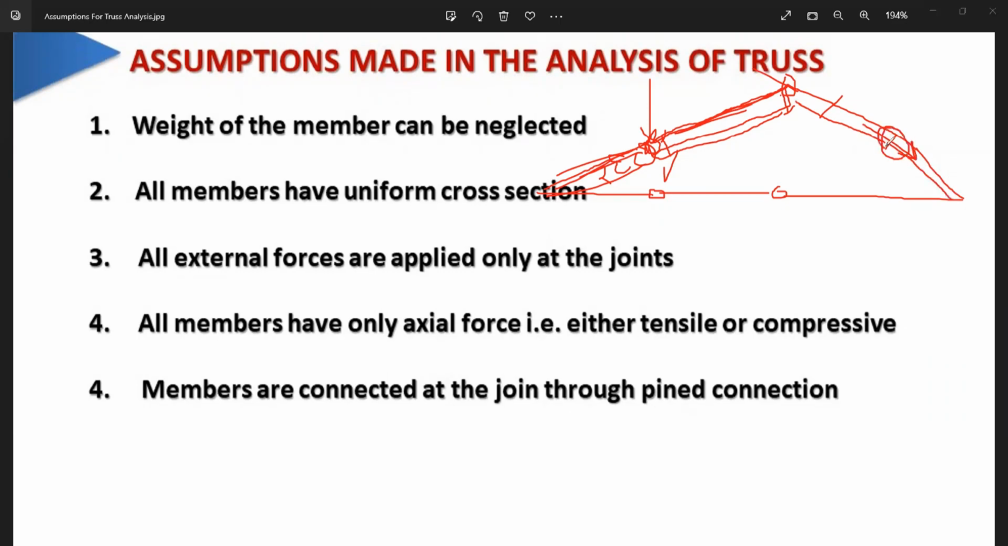So this connection is pinned. This connection is hinged. The meaning of pinned or hinged is that this joint is not transferring the moment. This joint is not carrying any moment. It is transferring only the axial forces to the elements. So all the members of the truss will be subjected to axial forces, line forces, that may be tensile